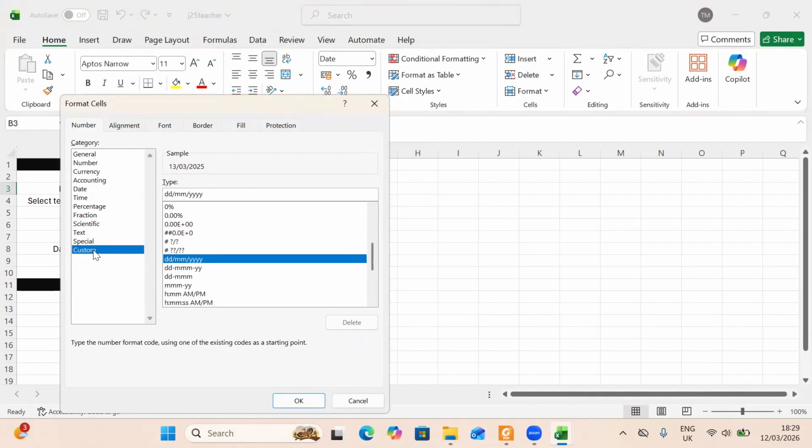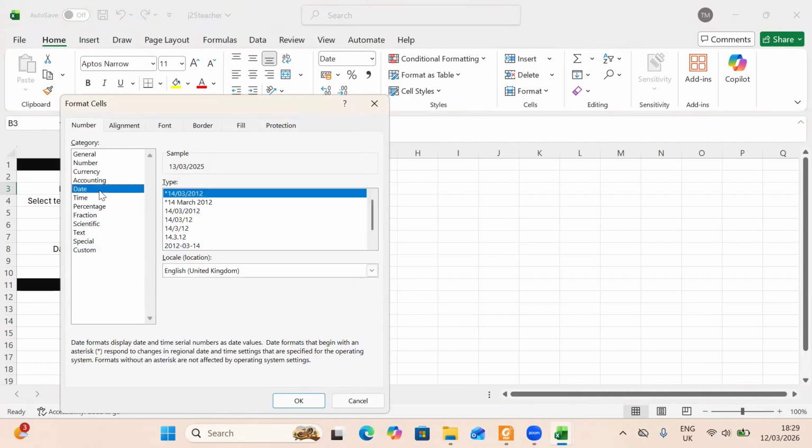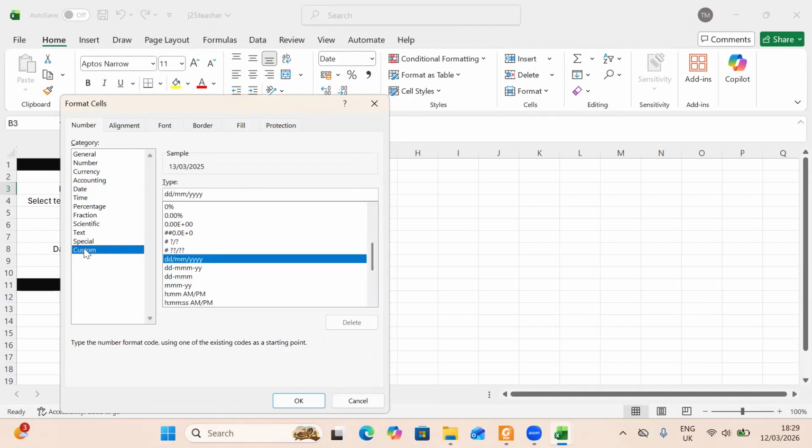Usually the problem is that you would want the one with spaces only, without the slash. Sometimes the question paper gives you a certain format, and from the list given you can't find it. You just go to custom,